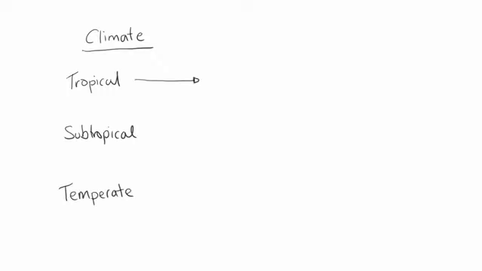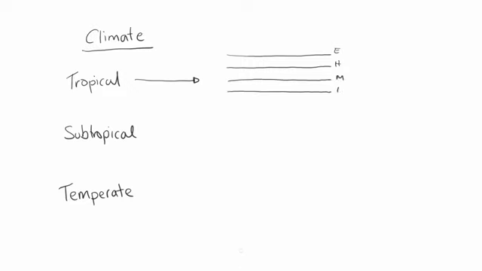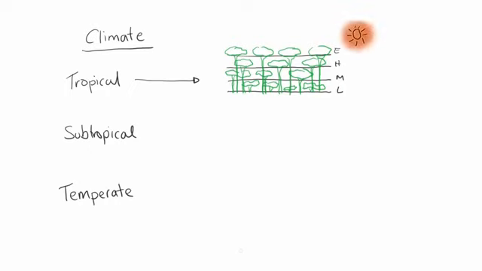Next, we want to consider the climate zone, whether the plant is naturally from a tropical zone, subtropical, or temperate. And this is valuable information as we can then fine-tune our stratification in our food forest to create that optimal environment. We then also consider the sun intensity that we have. So in our tropical zone, if we look at our strata within a tropical zone, we find that it's actually quite evenly distributed throughout the different strata. That density is very present in all the different layers